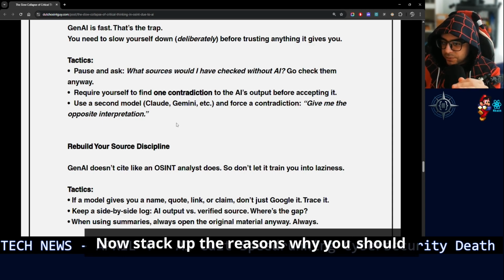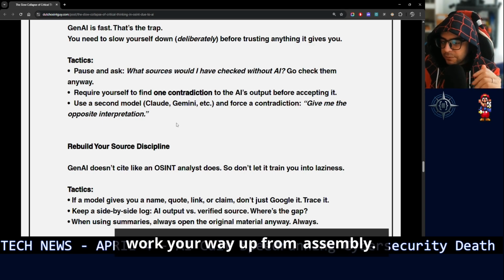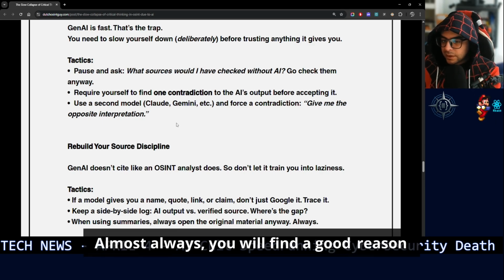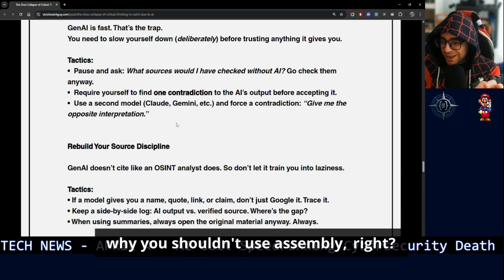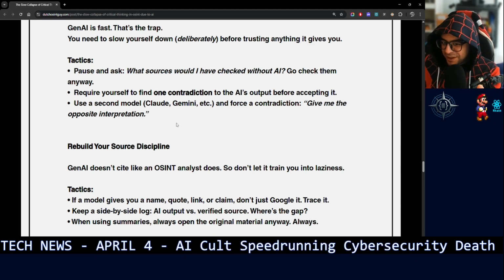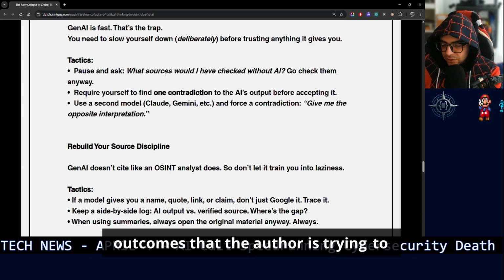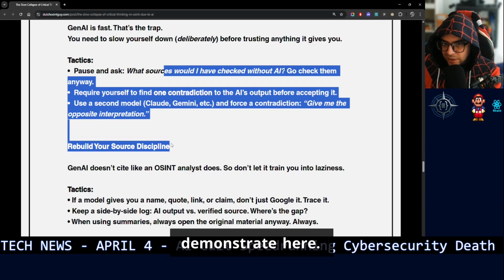Now stack up the reasons why you should work your way up from assembly. Literally do that. Almost always you will find a good reason why you shouldn't use assembly, right? Almost always. But the outcome of that will be similar to the outcomes that the author is trying to demonstrate here.